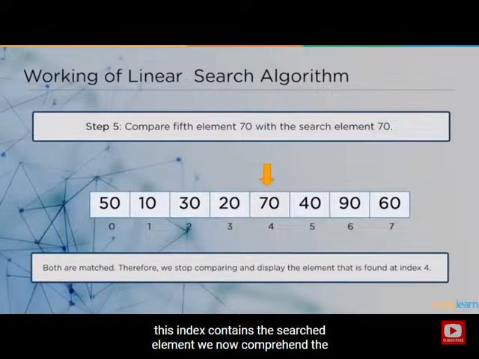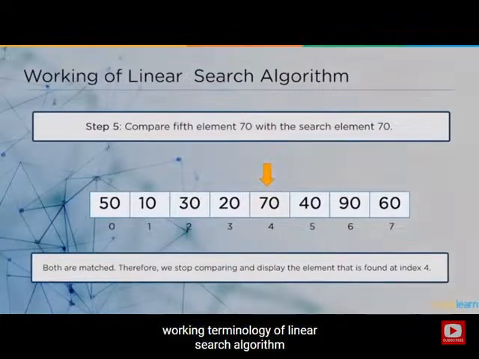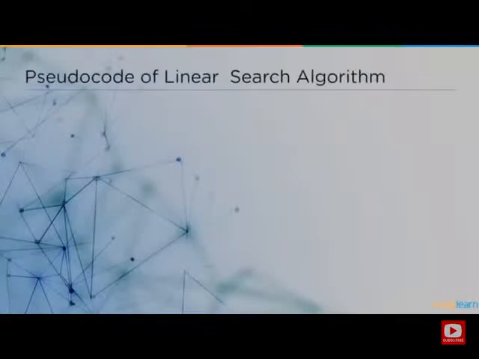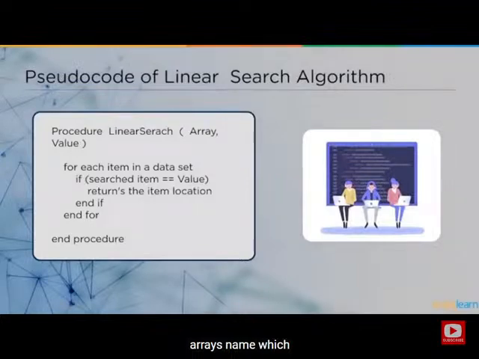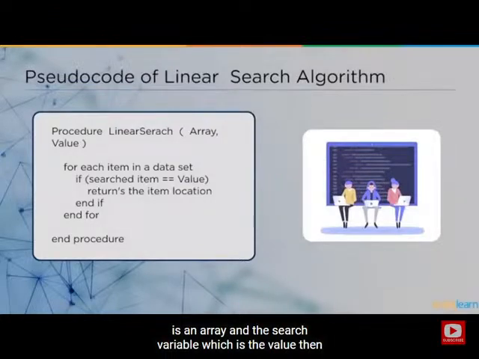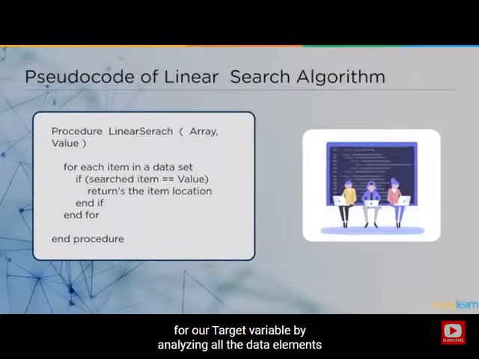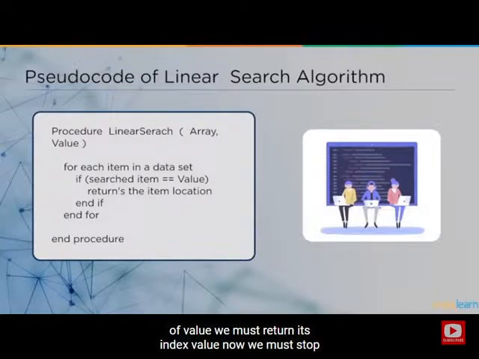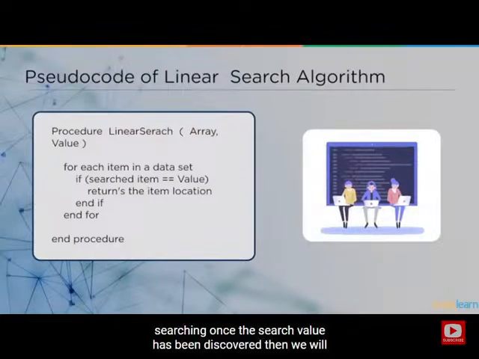We now comprehend the pseudocode of the linear search algorithm after learning the working terminology of the linear search algorithm. First, we have a function called linear search which has two variables in its parameters: the array's name, which is an array, and the search variable, which is the value. Then, using a for loop, we must search for our target variable by analyzing all the data elements in the dataset, with the condition that the searched item is identical to any set value. We must return its index value. Now, we must stop searching once the searched value has been discovered. Then we will close our if